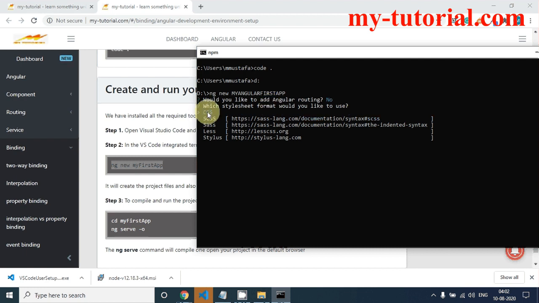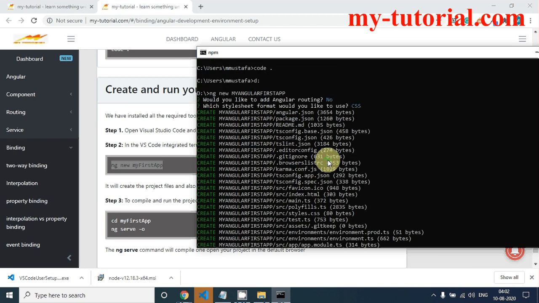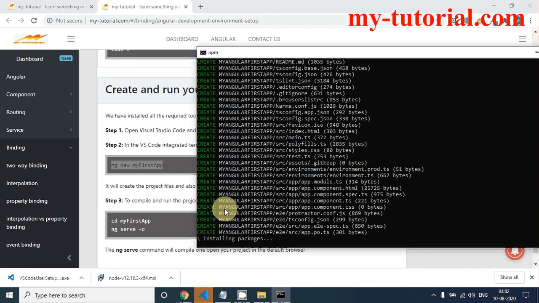Just leave this option selected as it is, press enter. Now our application is getting created. It may take 2 to 3 minutes depending upon your internet connection.